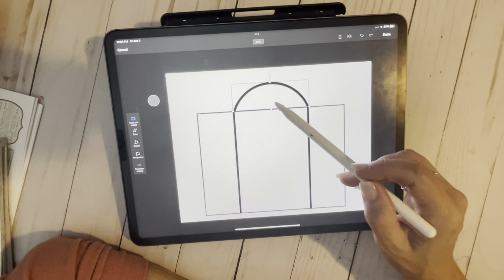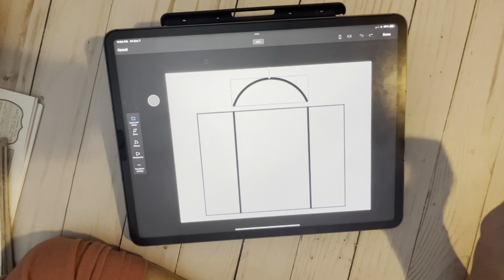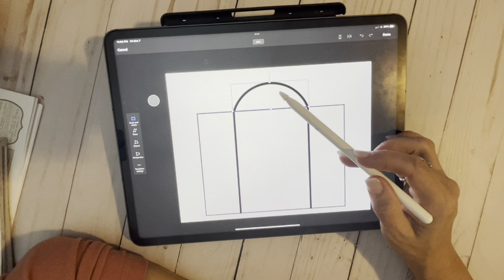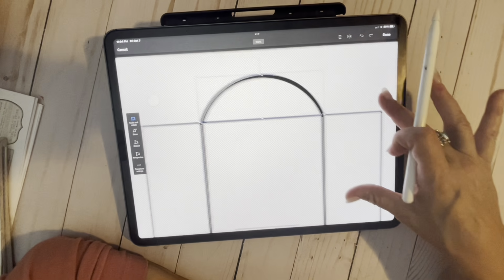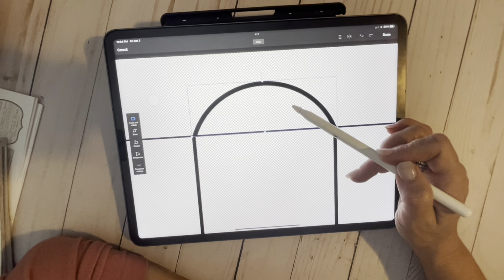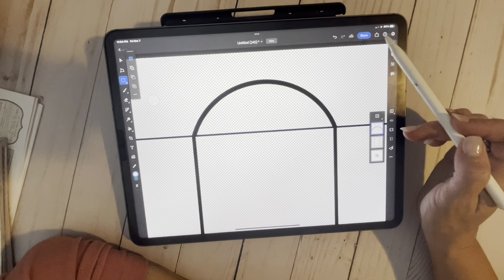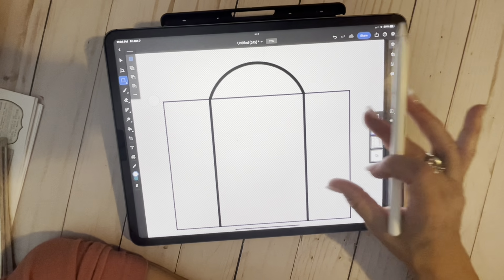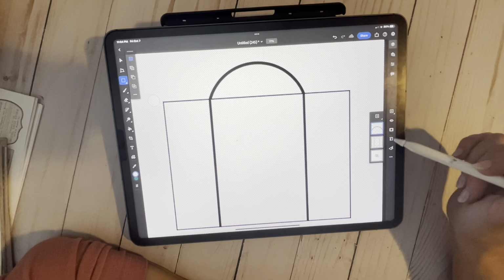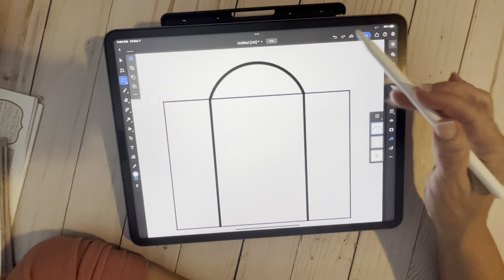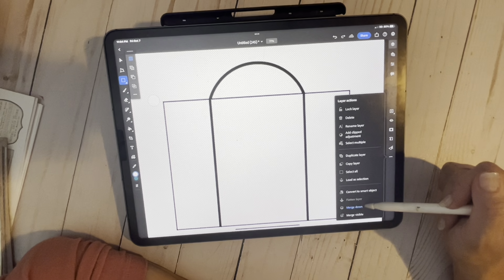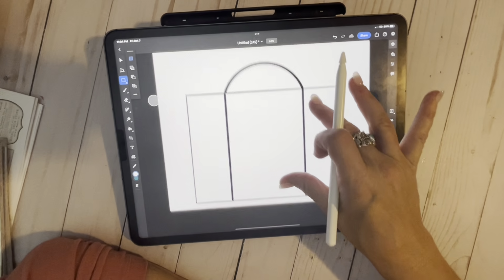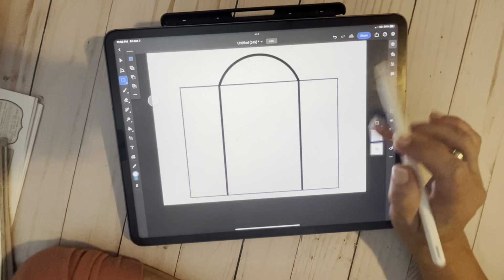So now I have that. Okay. So let's see. Let me make sure it fits good. And it looks like it does. Now, I'm going to merge that. I'm going to merge down. So now this is all one single